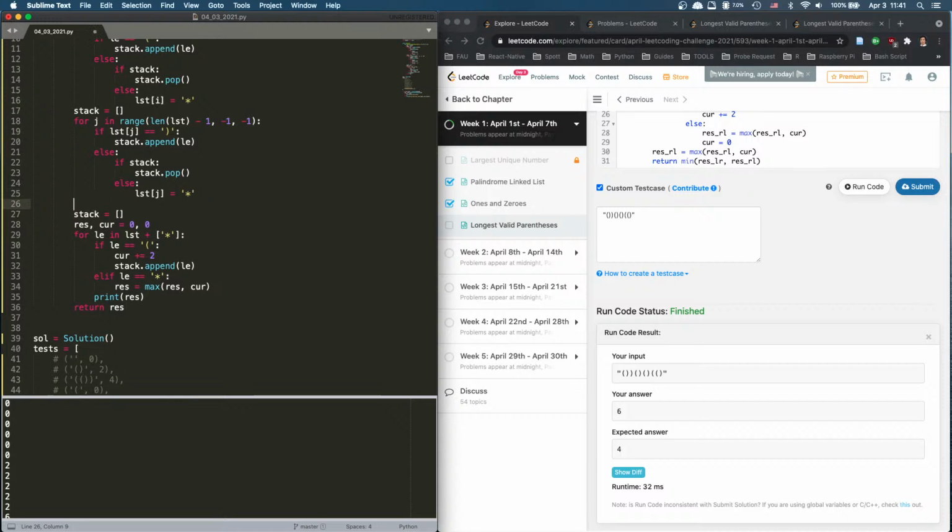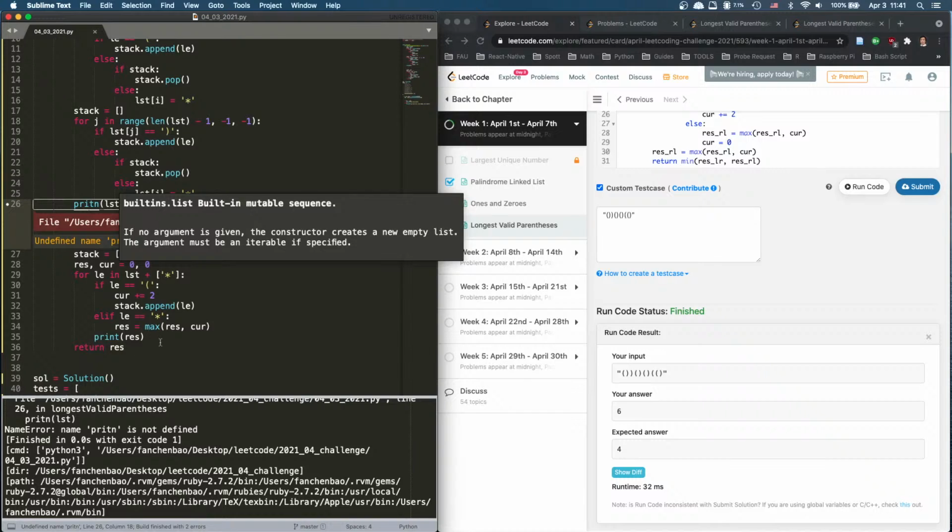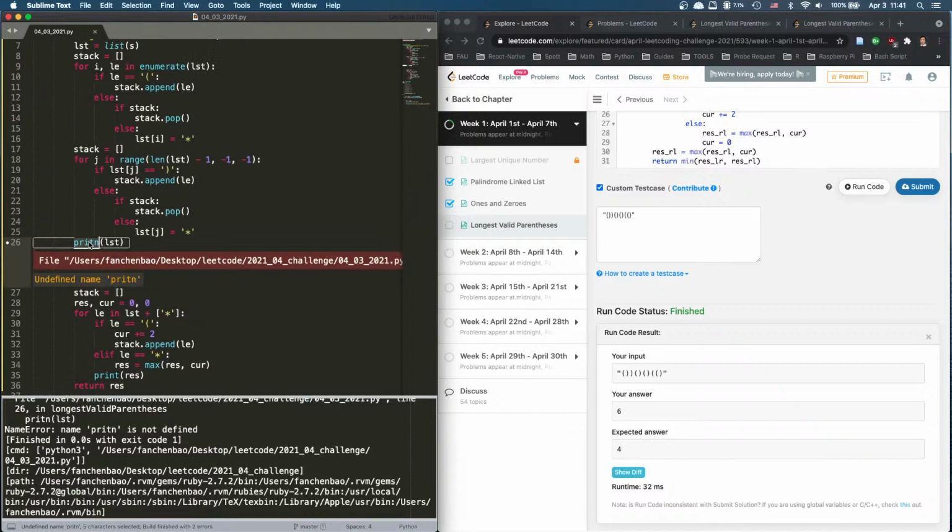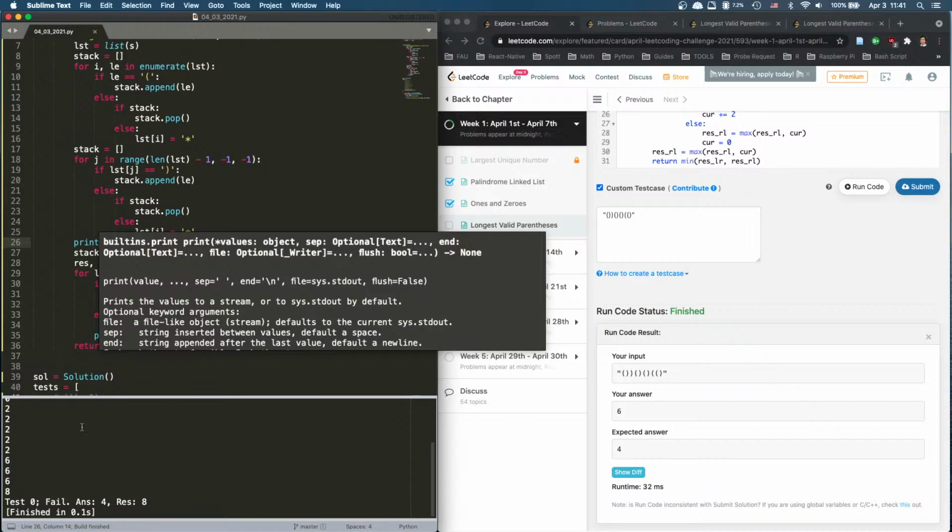Let's print the list as well, so we can compare the two. Right, so have 1, 2, 3, 4, 0, 0, 0, 0. And then we have this 0, and this is 0. Then update to 2. That's good. Then 2, 2, which is here, and update